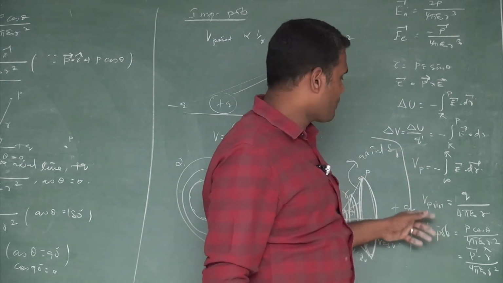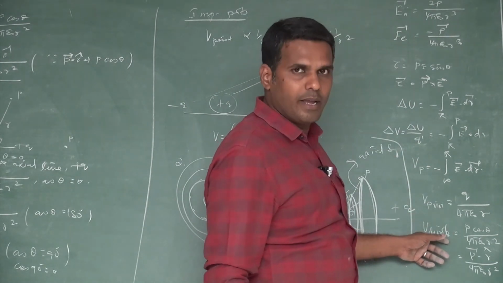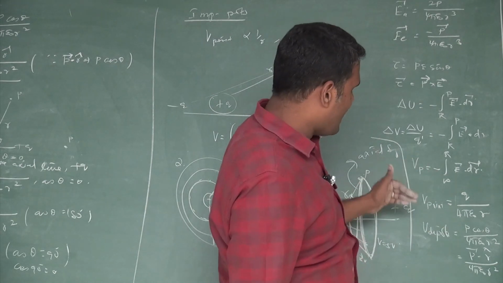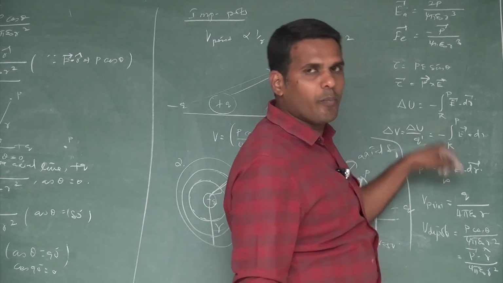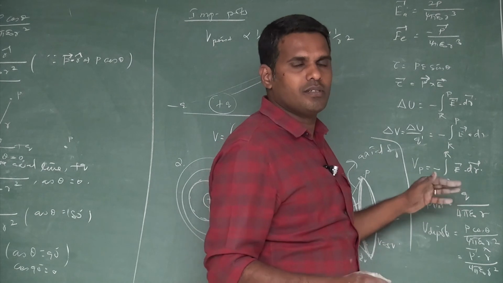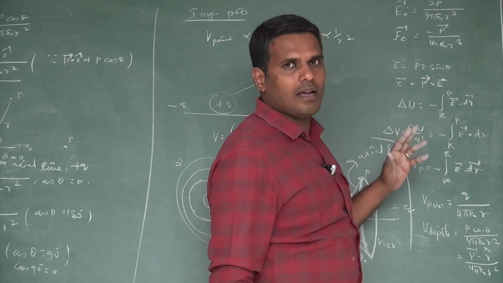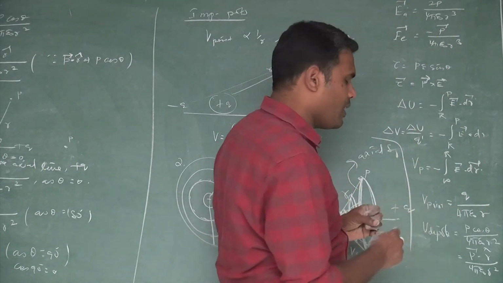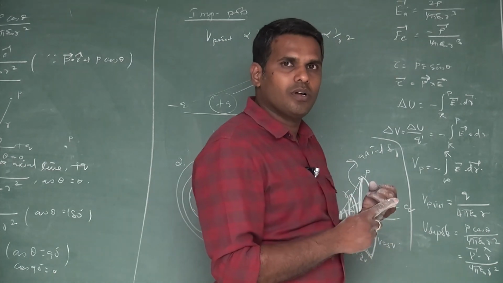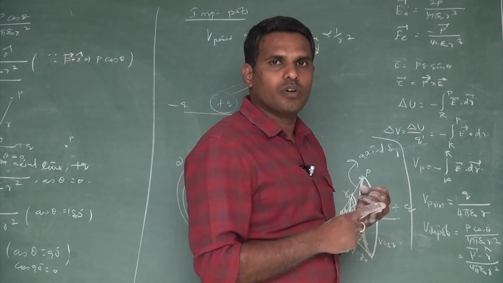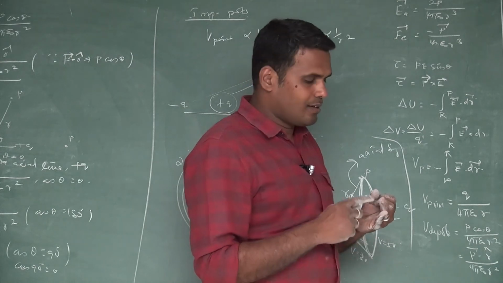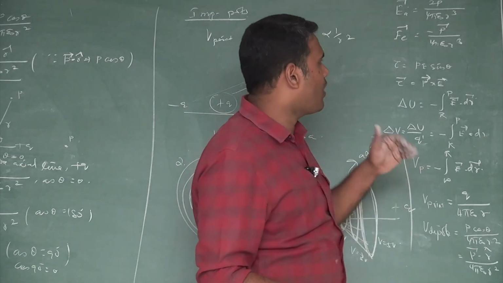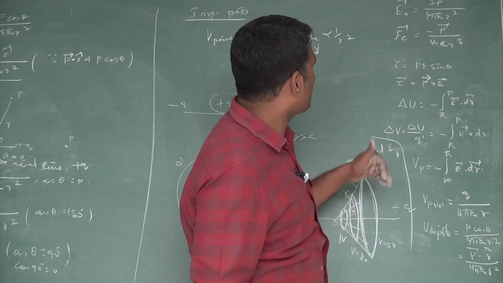While speaking about the potential due to a dipole, the idea of bringing out 1 by r1 and 1 by r2 is very simple. You have to apply cosine law, from which you have to take r square out first, and then a square by r square must be neglected, and the third one, this is a sequence. If you follow the sequence, you can simply bring out the idea.